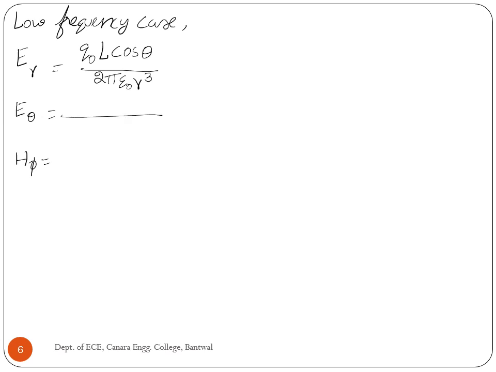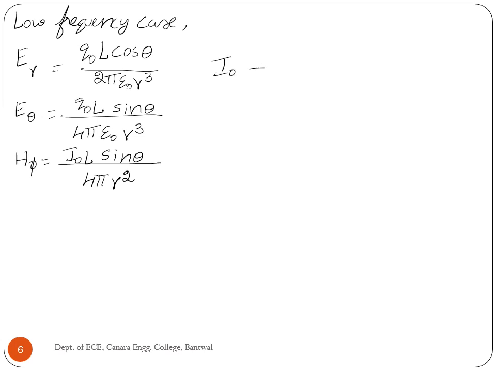E theta is Q0 L sin θ divided by 4π ε0 r³. H phi is equal to I0 L sin θ divided by 4π r², where I0 is the peak value of the current,